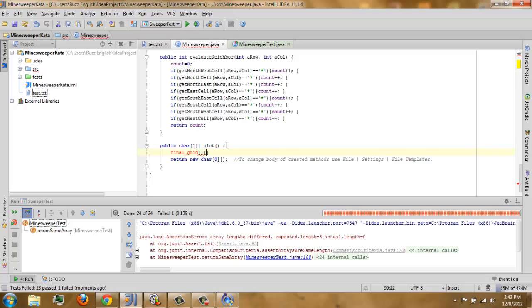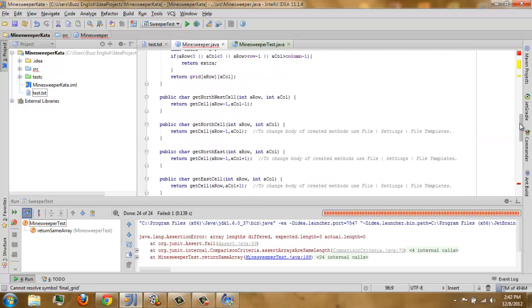Equals new char. This grid is the same as our original grid. So it's gonna be the same row and column, right? Yes. Then you can copy the for loop above.